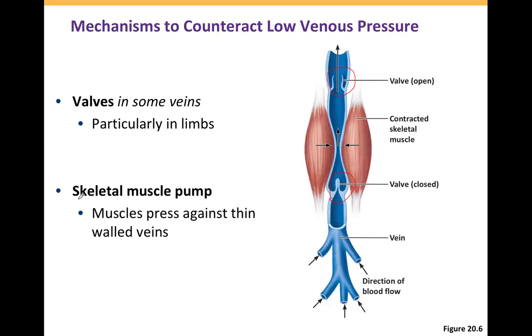So the other thing that you have that gives you the ability to send blood back to the heart is surrounding the veins with your skeletal muscle. So let's take a look at the pictures we have here. So you see the vein moving blood back up toward the heart. So let's say this is a blood vessel that is coming from your leg. And you can see that the skeletal muscles are surrounding your